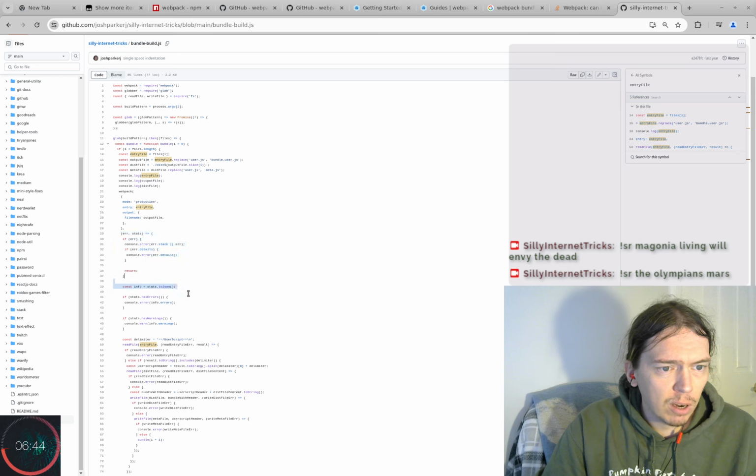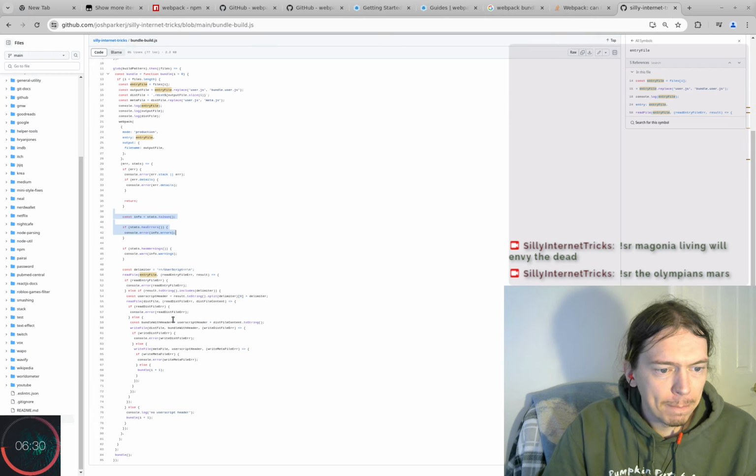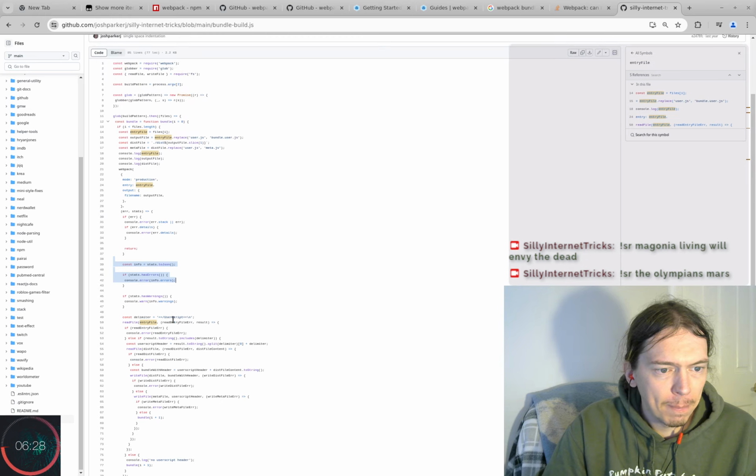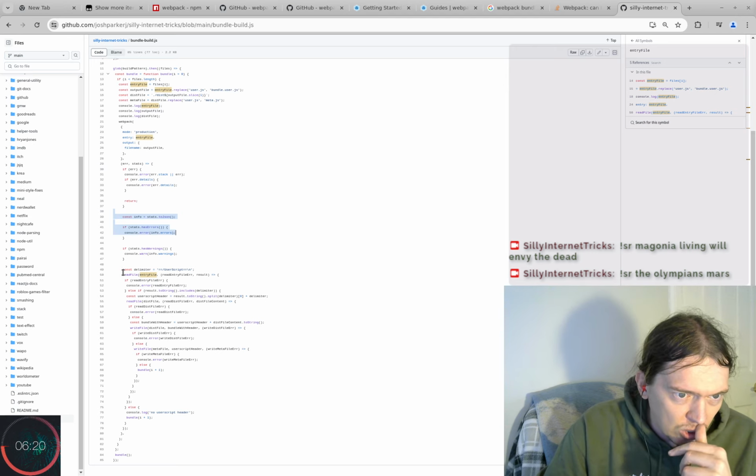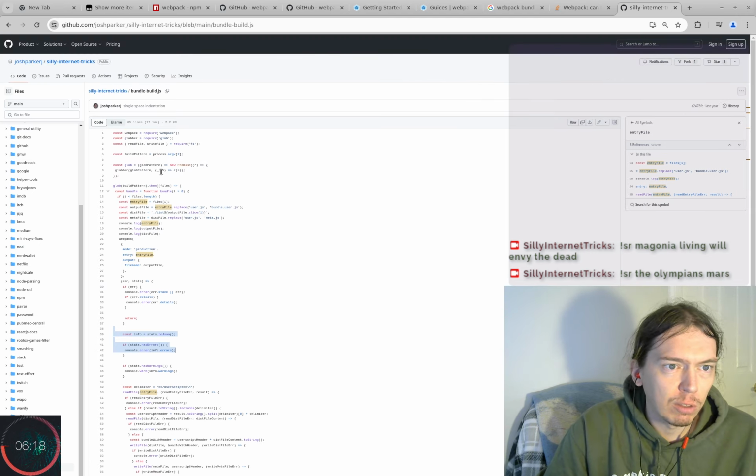If we don't have an error, then we do this. And we look for another error. Stats.hasErrors, stats.hasWarnings. So then, interesting. So then we actually have to read the file